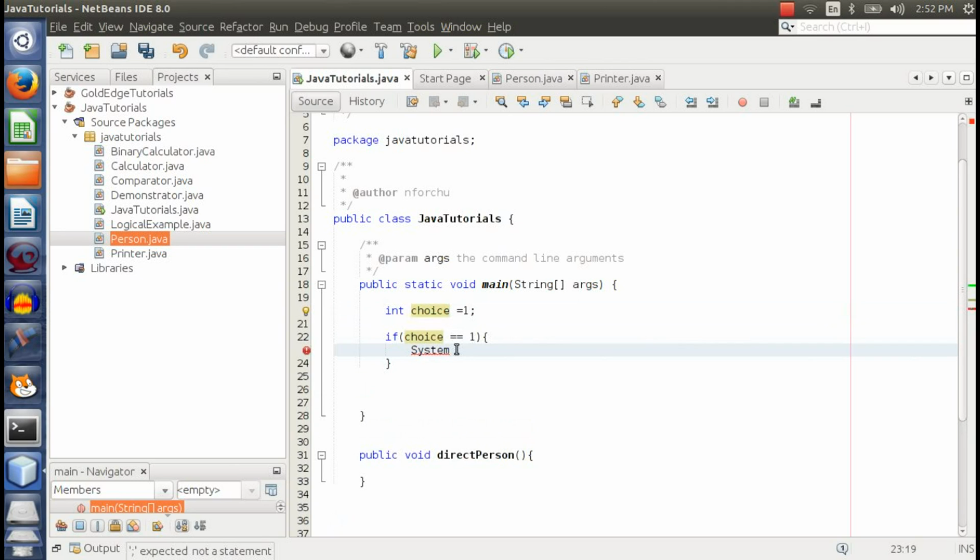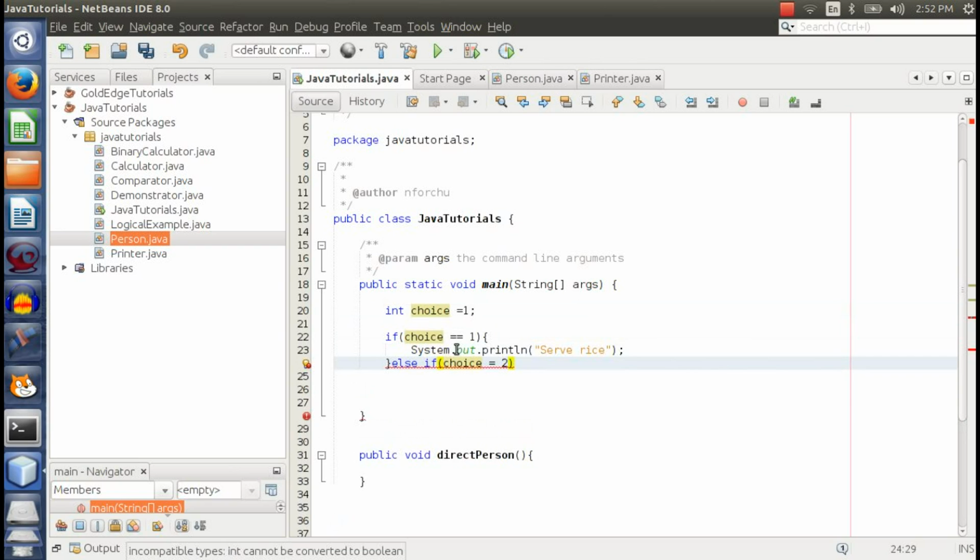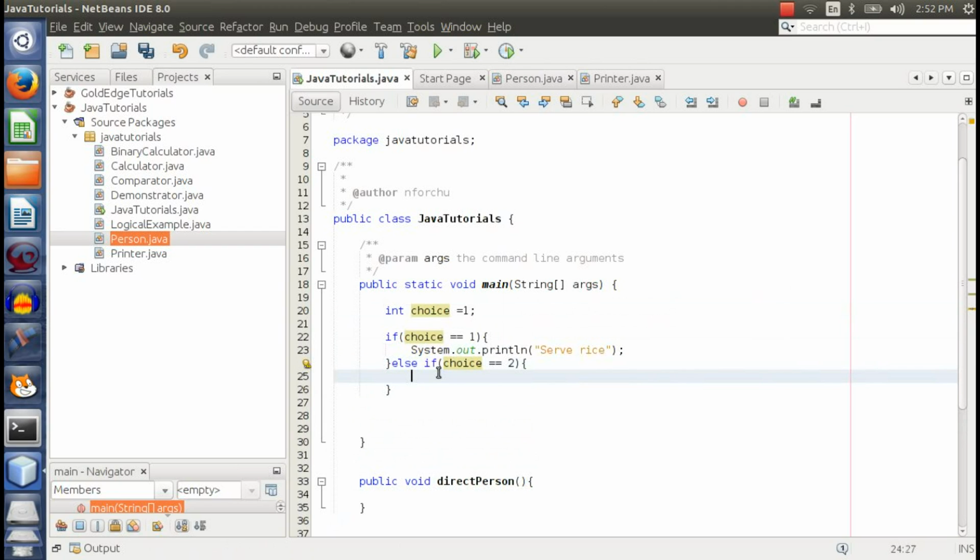I'll say system.out.println serve rice, and I would say else if choice is equal to 2. I would say this is not correct. This is supposed to be equals, not the assignment operator. System.out.println, and I'll say serve pie,